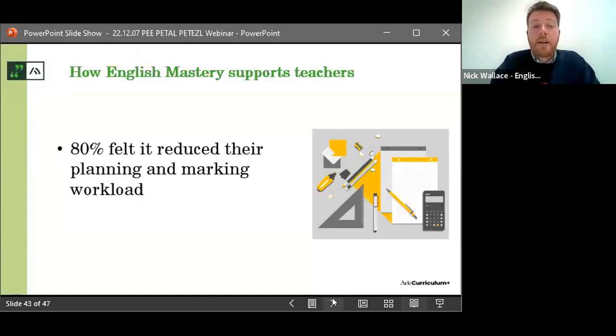And this is one that is very, very close to my heart. We're in the middle of a real workload crisis, a well-being crisis with teaching, and the marking workload in English, as we know, is greater than many other subjects. Our programme, 80% of teachers said that English Mastery helped to reduce their planning and marking workload, which we see as a real, I'm particularly proud of how we're able to support the sector with that workload